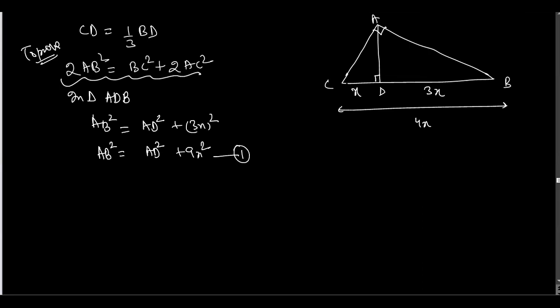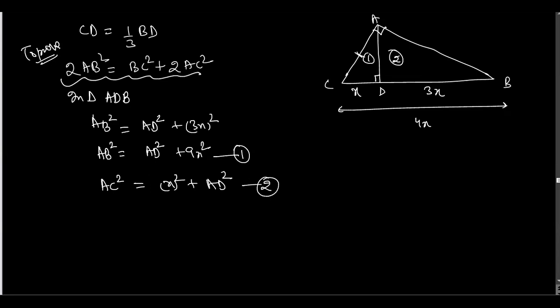Now, using the triangle, we have to use the other triangles also. Let's take the triangle ABC, the bigger triangle. So we can write here BC. Let's take the smaller one first. So we can write AC square, meaning this hypotenuse, is actually equal to X square plus AD square. Got it, beta? Yes, sir. So we have this first triangle, and this second triangle.